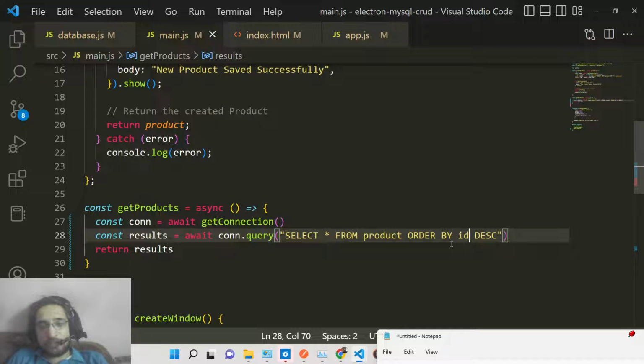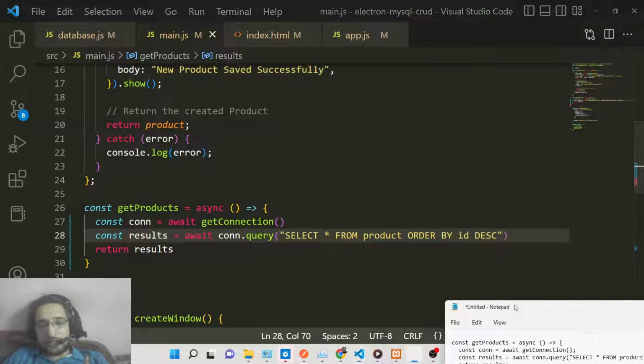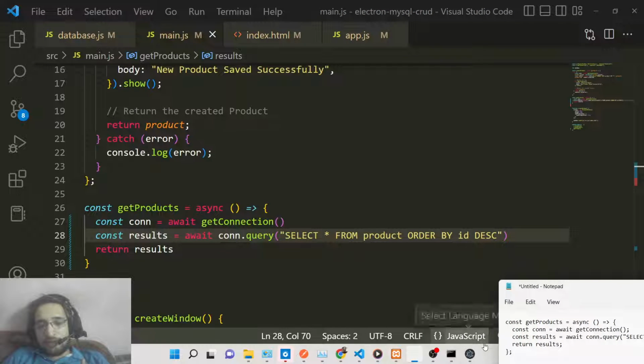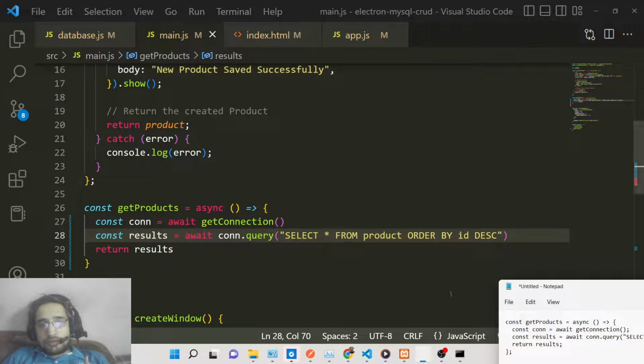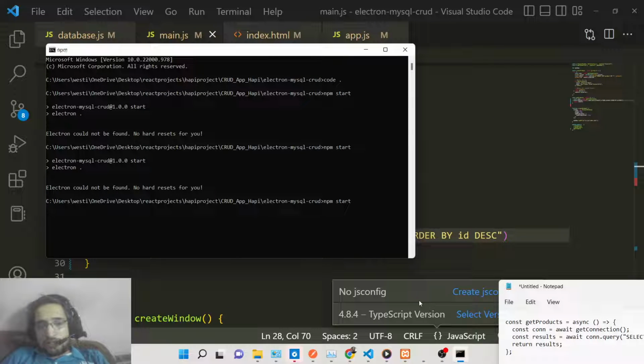This time we need to provide the ID. This is a column name, so we forgot to provide that. So just add this here, and now if you refresh it, if you once again start your application here,